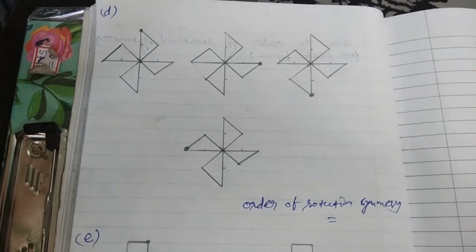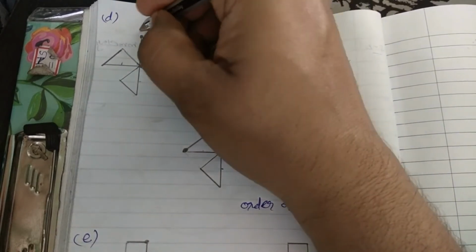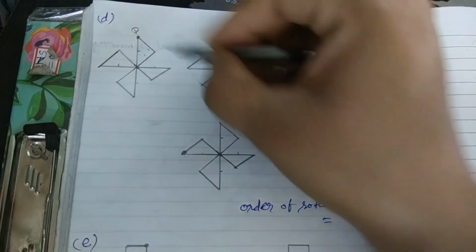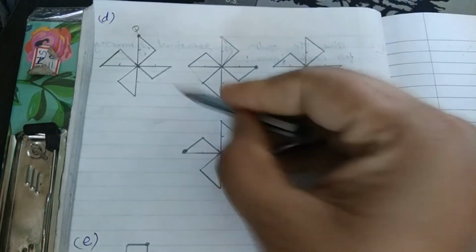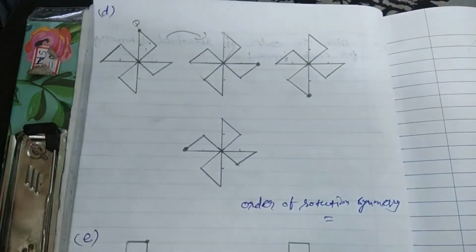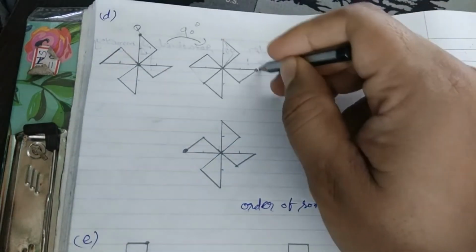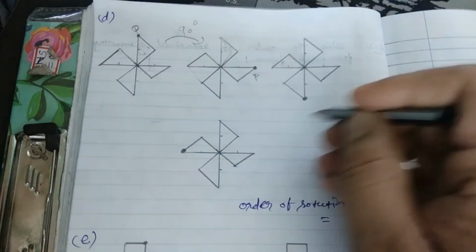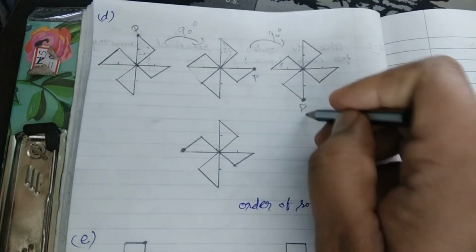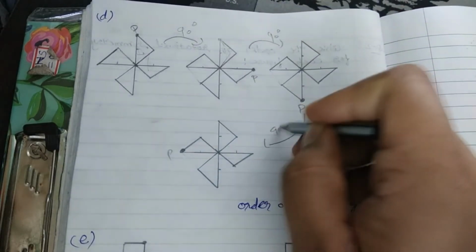Next, D. Here a shape is given. We will take one endpoint as point P. Now we will rotate this point P so that it comes in this position, that means here, and we can see that these two shapes look exactly the same. So what is the angle of rotation? This is the angle of rotation and it is 90. Again we will rotate this shape so that P comes here, the angle of rotation is 90. Again we will rotate this shape in such a way that P comes here, angle of rotation 90, and again we will rotate